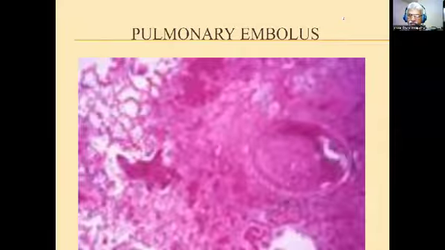This is a microscopic picture of a pulmonary embolism. On the left side, you can make out the alveoli, so we can identify it as a lung. And on the right, we can see the blood vessel. You can see the lumen is almost 90% completely blocked by an embolus. And the surrounding area, what you see as a pink homogeneous mass, is infarction. So there is almost total stoppage of blood supply, leading to infarction of the area supplied by this blood vessel.